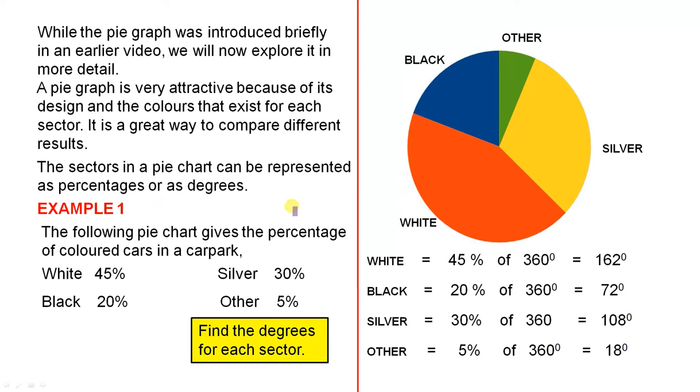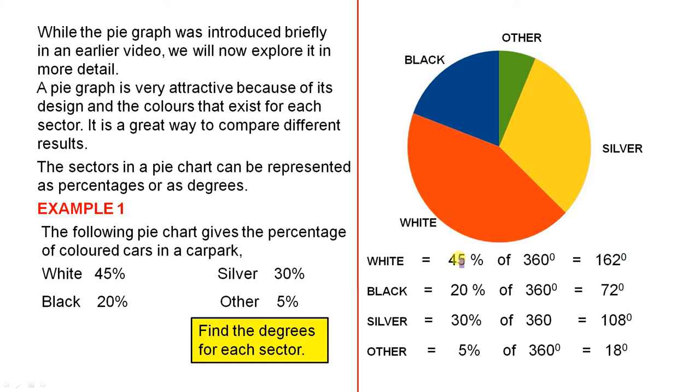The first example. The following pie chart gives the percentage of coloured cars in a car park. So we have white, there are 45% of the total cars in the car park are white. Black represents 20%, silver is 30%, and other colours are 5%. We have to find the degrees for each sector. So there are 4 sectors in the circle. These are the percentages. We have to find the number of degrees for each of those sectors. So if we start with white,